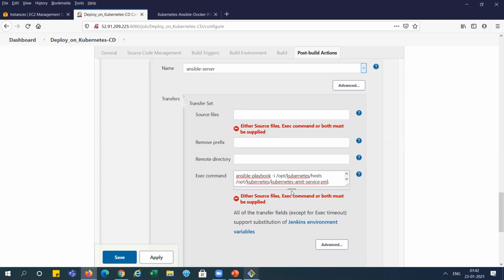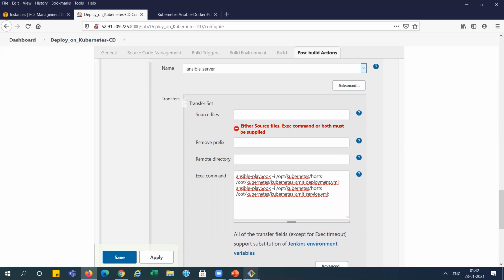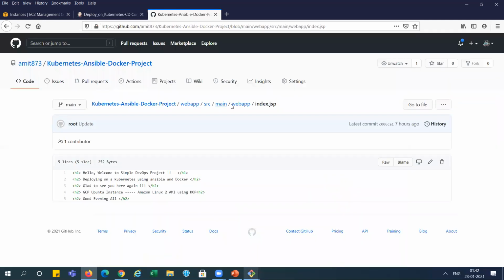I am just expanding it. You can see this first playbook, this runs on the Kubernetes host, and it will take the host file from here. And in the host file, we are creating the groups. I'm showing you again, maybe the host file.